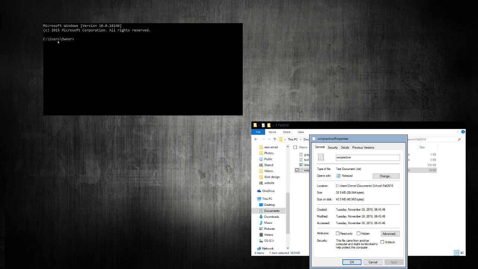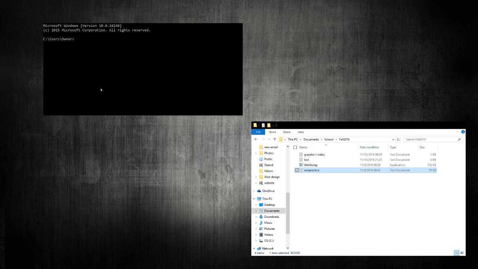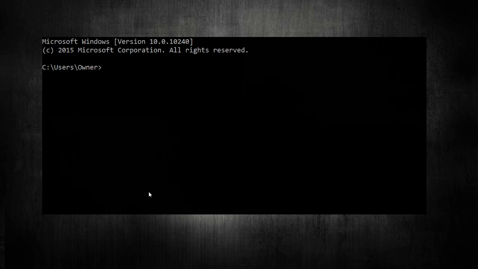You'd have to write documents, and then school, and then fall 2016, and the actual name of the file, which is WinPractice. You'd have to write all that. So instead of doing that, because that's just going to make for a lot of typing every time we do the command, then we're instead going to, with our command prompt, go to the location, and then it just makes our job a little bit easier.